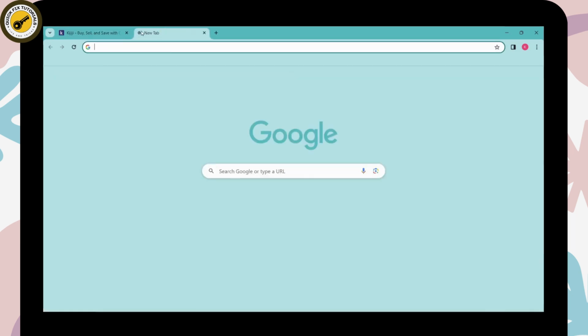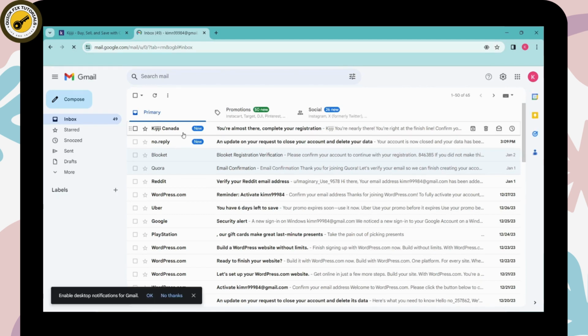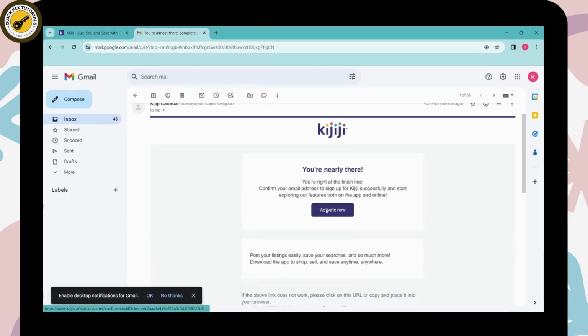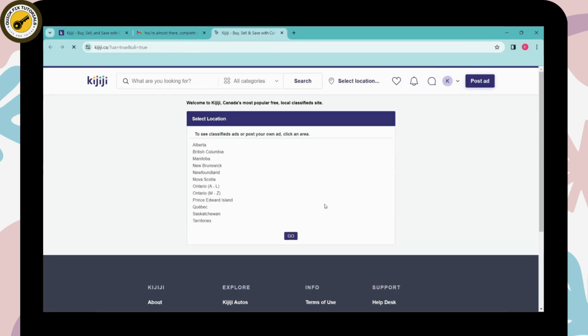So what you can do is simply open up your mail. After creating your account, you need to open up your Gmail. And here you will have this mail, right? Click on the first mail and then you can go for activate now. And that's it. It will automatically log you into your account. So that's it. That's how you create your Kijiji account, and that's how you